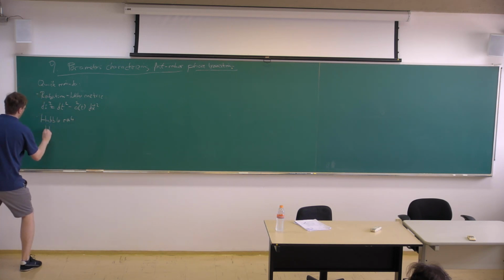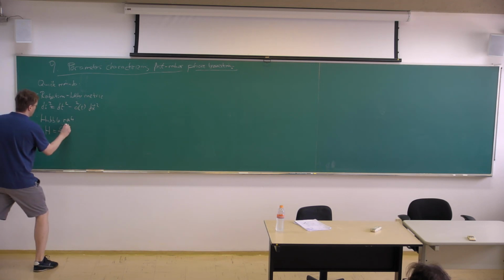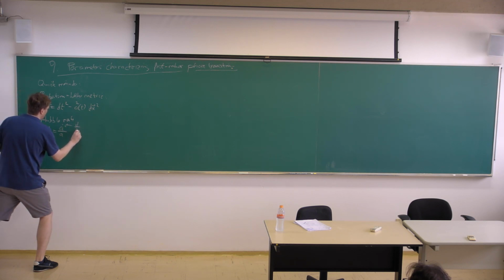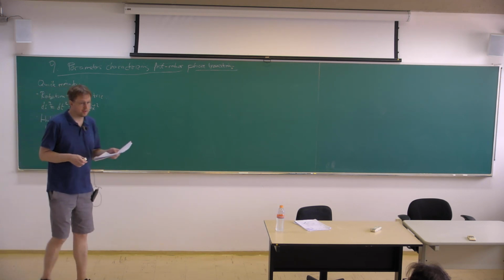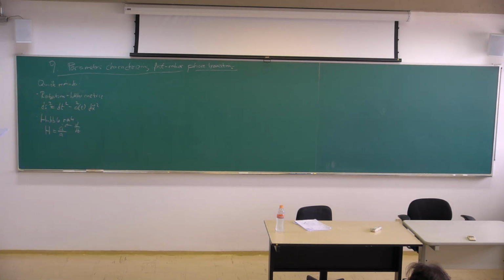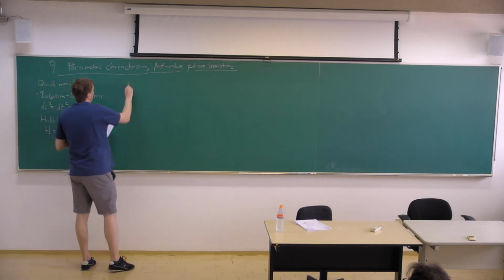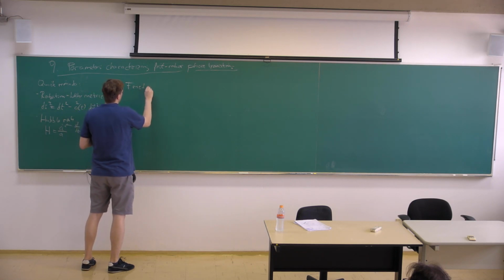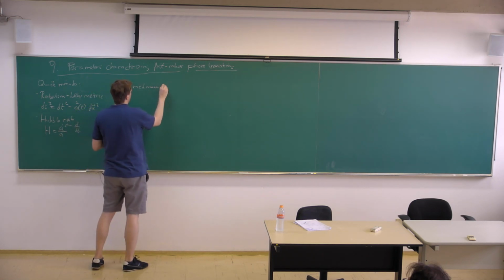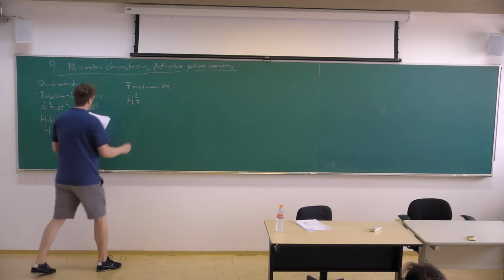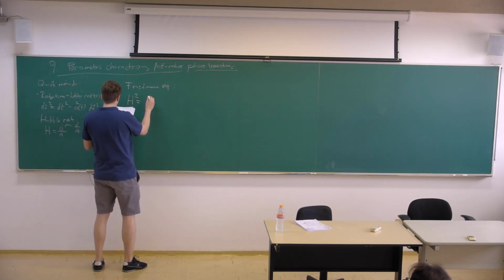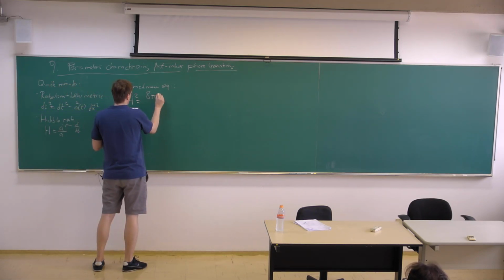Which is just the time derivative of the scale factor divided by the scale factor. This dot here I'm going to use for the time derivative. And that measures the rate of expansion of the universe. Okay, so the next thing is the Friedmann equation. You plug this into the Einstein equations, the energy momentum tensor, and then you get the Friedmann equation, which allows you to calculate the Hubble rate as a function of the energy density